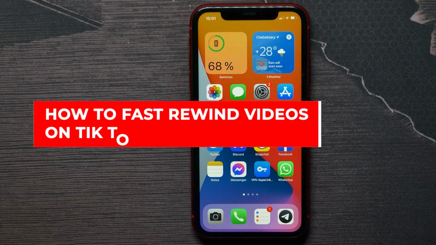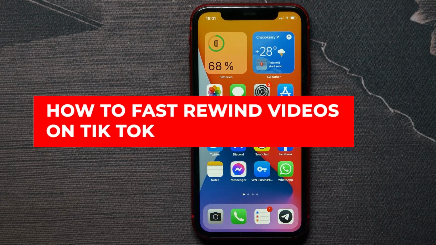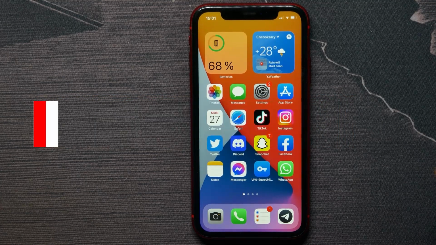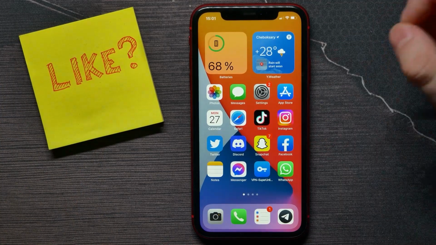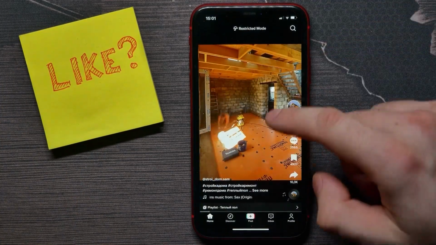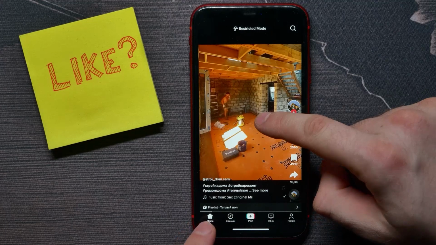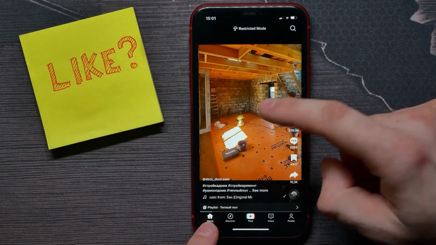In this video, I'm going to show you how you can fast forward or rewind videos on TikTok. That is quite simple and easy to do, so let's begin. First, open up your TikTok, and under some videos on TikTok, here at the bottom you've got that bar